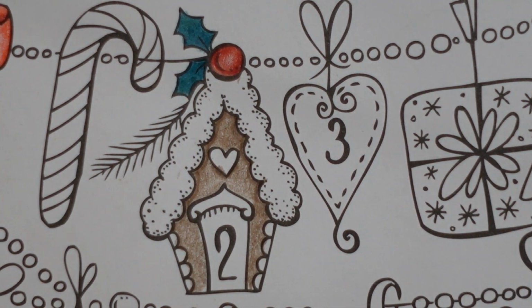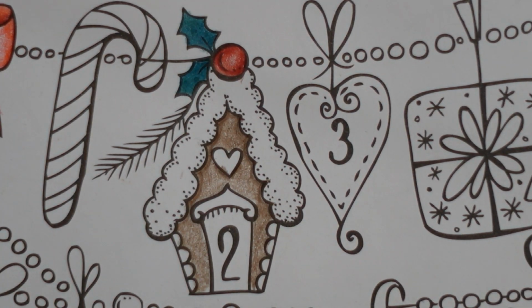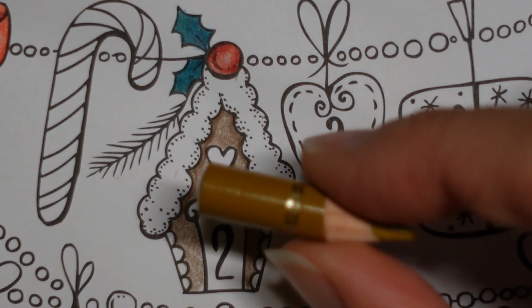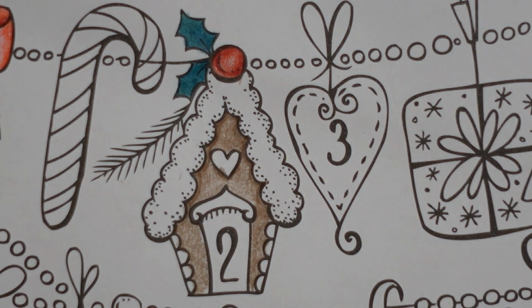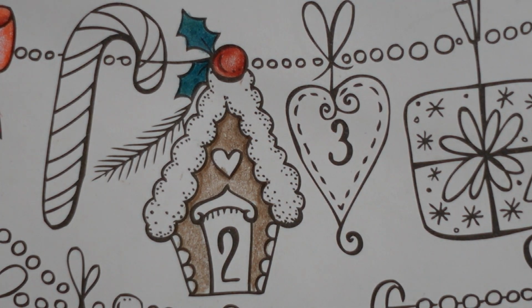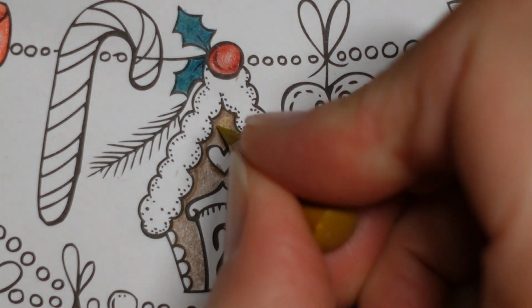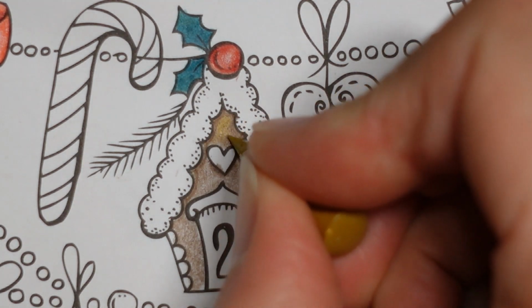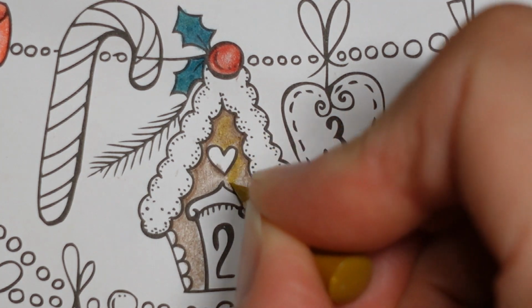There we go. Okay, so I think I'm going to use the green gold. It's quite a nice colour. Again, I can't show you, it's very small. Teeny weeny. I need to sharpen it. This might be one of its last outings. So anyway, I'll go over the top of this and make it look a little bit more biscuity,